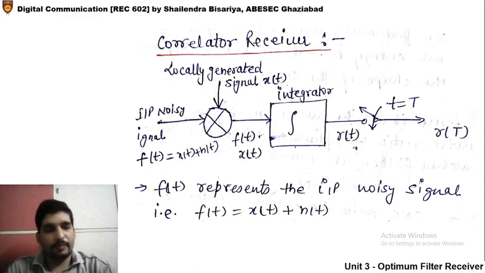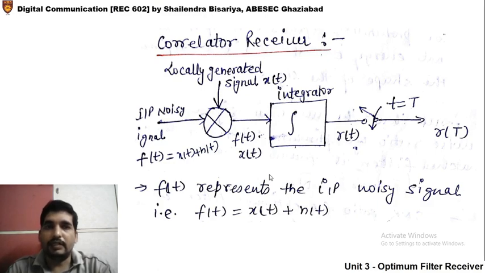One point that is important, and if we see the university questions, a number of times this question has been asked: what is a correlation receiver, and what is the similarity between the correlation receiver and the matched filter. So we will discuss this point first, and then we will discuss one numerical of signal space analysis to clear the concept of signal space. So let us start with the correlator receiver.